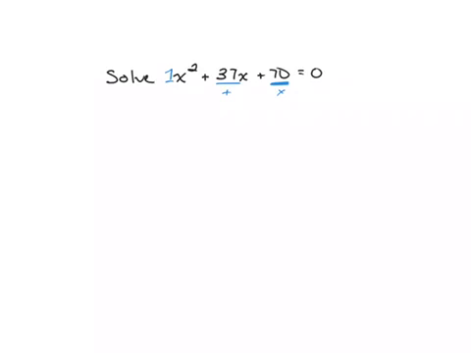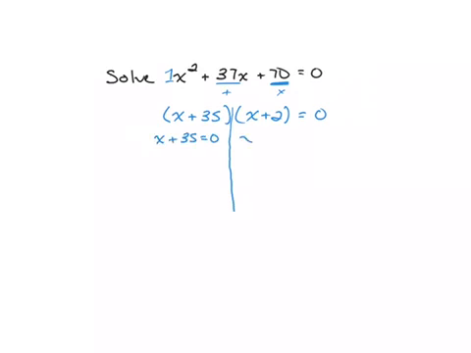And so in this case, 35 and 2 work perfectly. So factored, this becomes x plus 35 times x plus 2. And so the key thing is the zero product principle, which says that if you multiply two things together and get 0, at least one of them must be 0. So basically at this point, we separate our factors